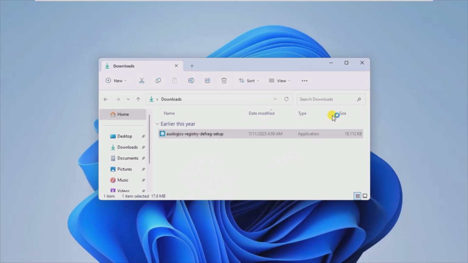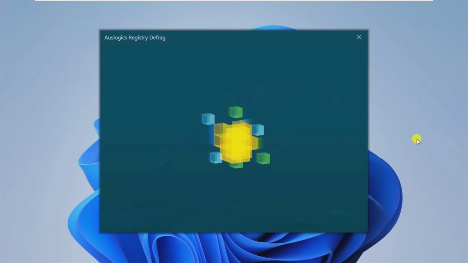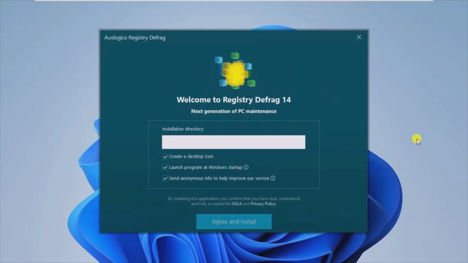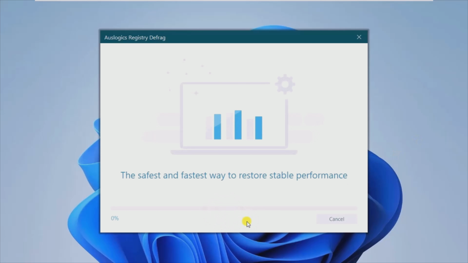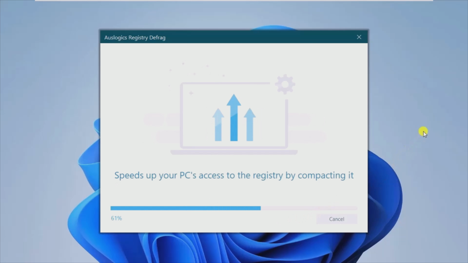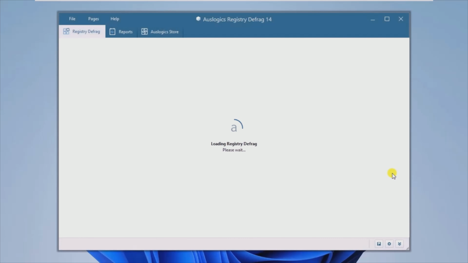The app interface is clear and simple. You can view registry fragmentation statistics, review details, and run a defragmentation task. By default, Auslogics Registry Defrag automatically creates a restore point before defragmentation, in case something goes wrong and you need to restore your settings. While the scan job is in progress, you can see a visual representation of the current